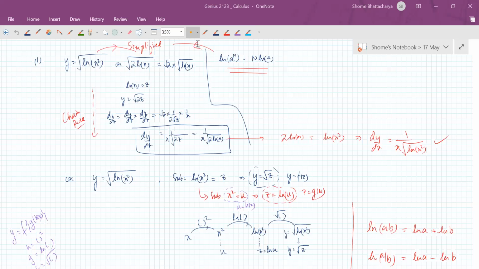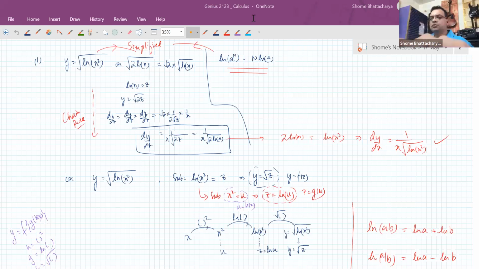Okay, so hope all of you understood the first method of doing this question, which is by simplification, that you first simplify ln of x square inside the square root as 2 times ln x. So that square root 2 is just a constant, and we proceed with a single substitution. Now let's come to the second method, where if we did not simplify it, you'll see that things become a